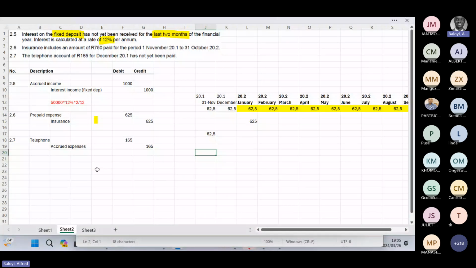What I try to do on these questions, for example, when I was giving an example of telephone, when we say telephone is debited on the T account, it will go on the debit side as well. But what we mean by debited is that there's an additional expense of 165. As we go through these adjustments, I will explain them in detail.